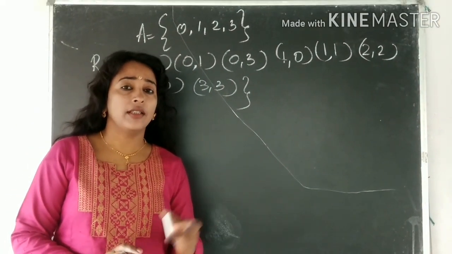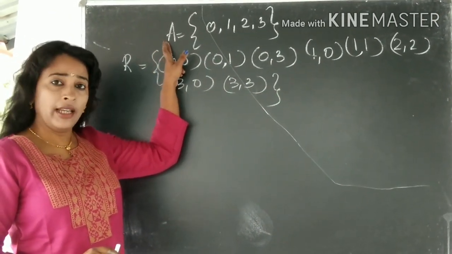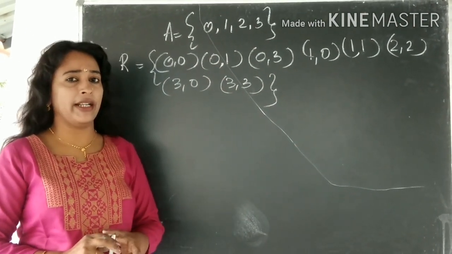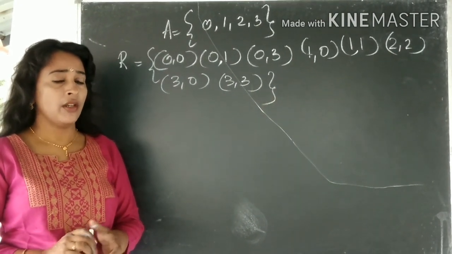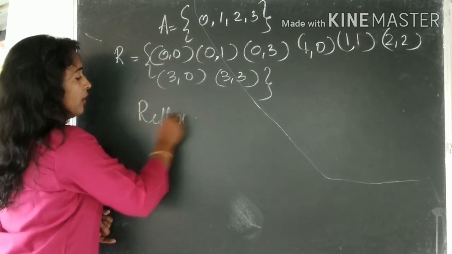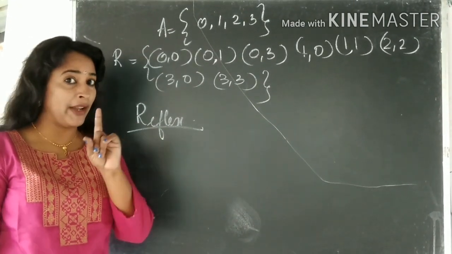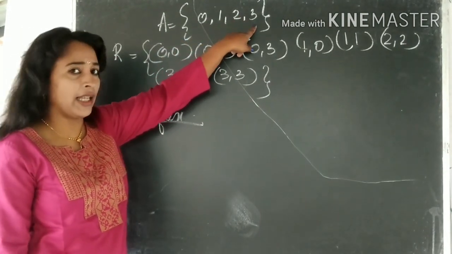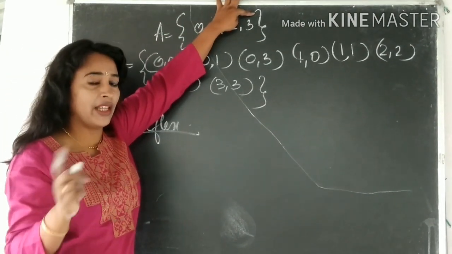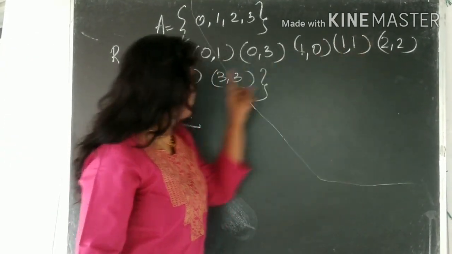Let us check the equivalence relation in this given problem. A set A = {0, 1, 2, 3} and one relation is also given here. We are just finding whether it is an equivalence relation or not. First of all, is it reflexive? You know the condition for reflexive: for every element in A, there should be a relation. So for 0, 1, 2, 3, you can demand (0, 0), (1, 1), (2, 2), (3, 3). Then only it will be reflexive. Just find out (0, 0), yeah, (1, 1), (2, 2), (3, 3).